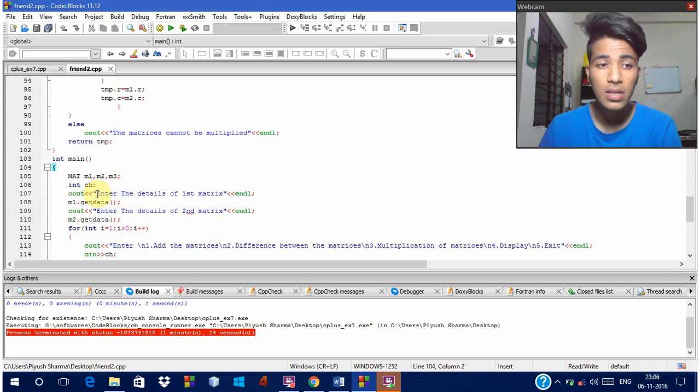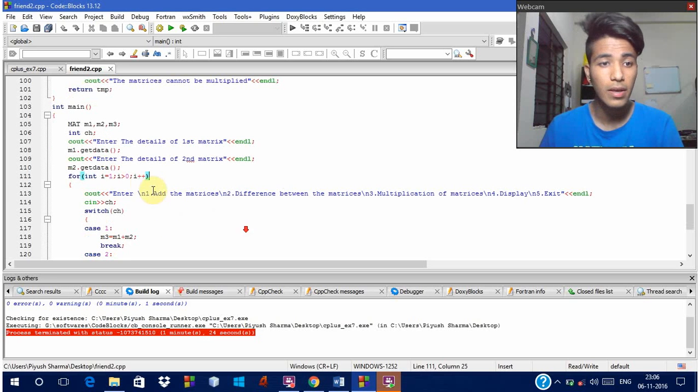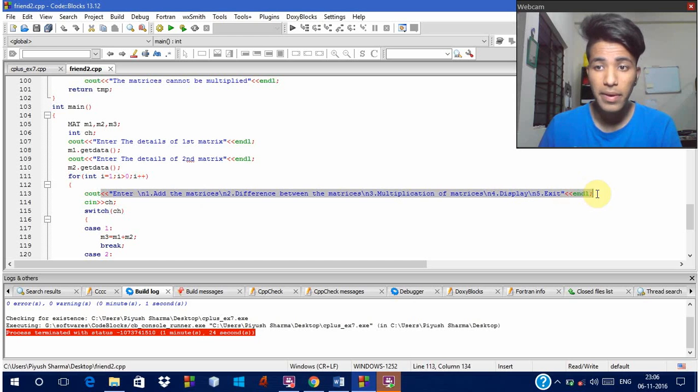Now the main function. Enter the details of the first matrix, all the elements which you want to multiply, add or subtract. Enter the element details of the second matrix from which you want to subtract, to which you want to add, or with which you want to multiply. Then again we have used a for loop for making this